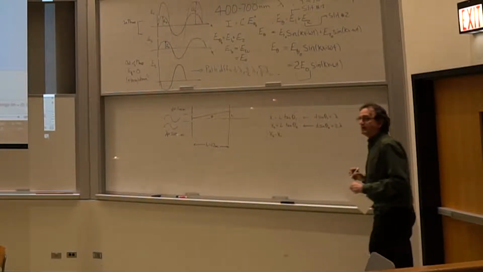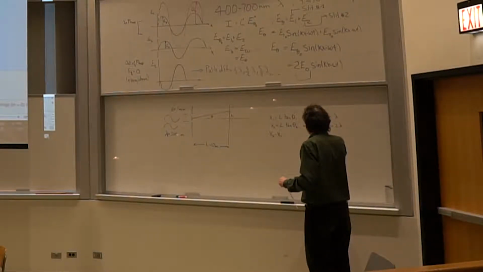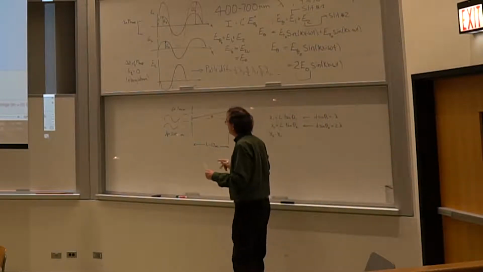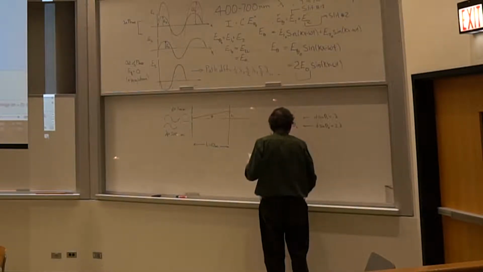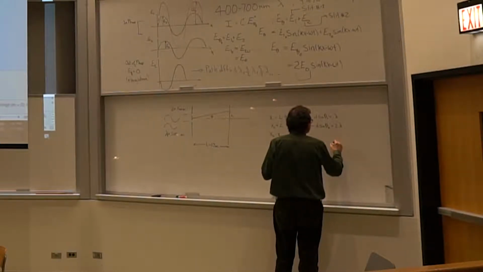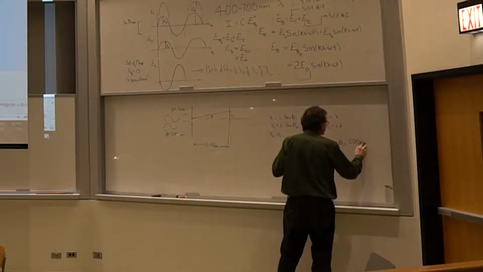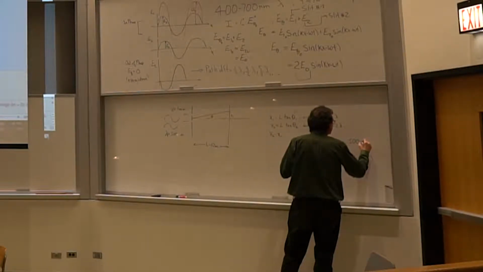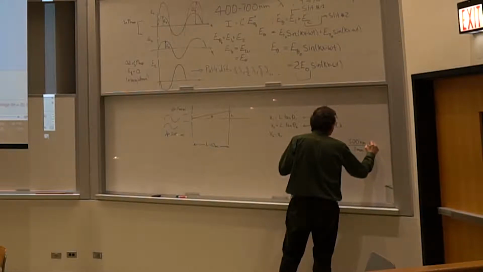Right? So I know what L is, and if I want to calculate x2 minus x1, I need to know what theta is. Fortunately, I can get theta because these two conditions tell me exactly how to calculate that, and since I know both the wavelength and the spacing between the slits, I can calculate sine theta 1. Sine theta 1 is equal to 500 nanometers divided by the distance between the slits, which is 0.1 millimeters, and this turns out to be